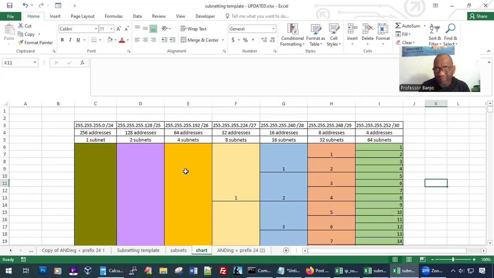So it's a kind of standard default layout here. So we've worked with /24. We might have worked with other subnet masks, but you might have done examples with /24, 25, 26. But just to be more clear here, what we see is